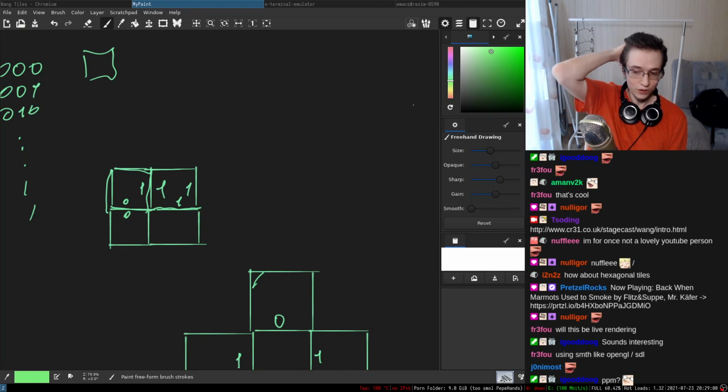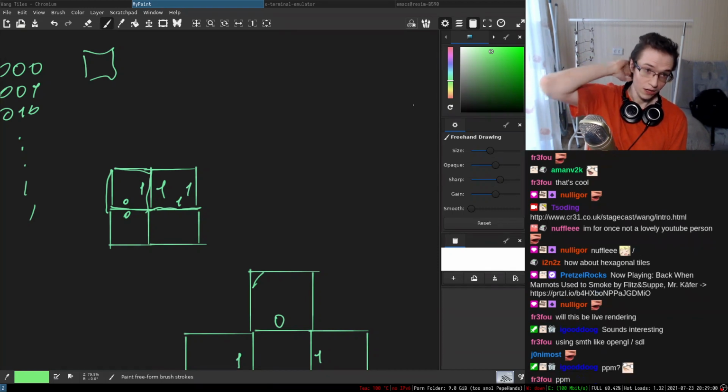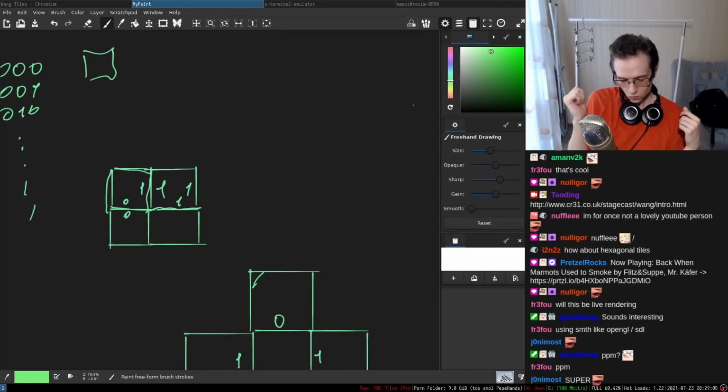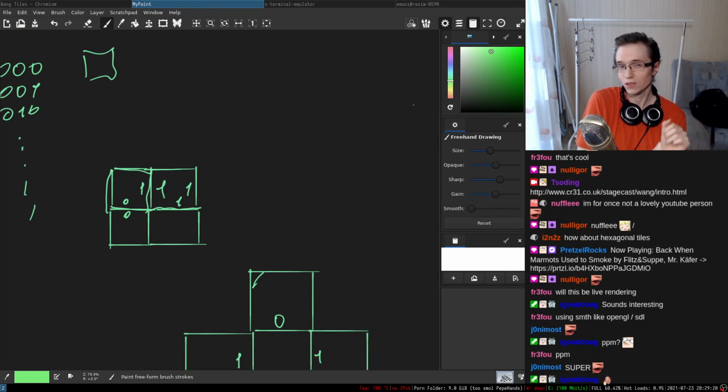PPM, yeah, we can actually dump that as a PPM file. That way we can do that in literally any language without worrying about dependencies, right? So that way we basically implement everything ourselves. So that's what I wanted to do. So I'm not sure how successful we're gonna be with this entire stuff, but I think it's gonna be interesting.